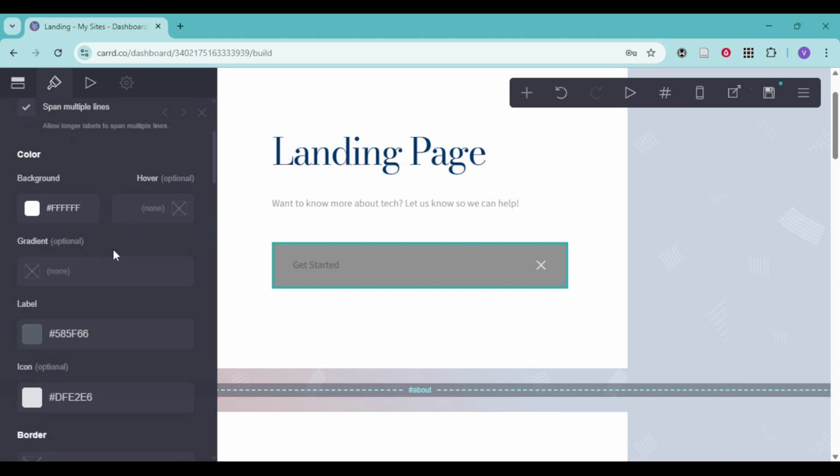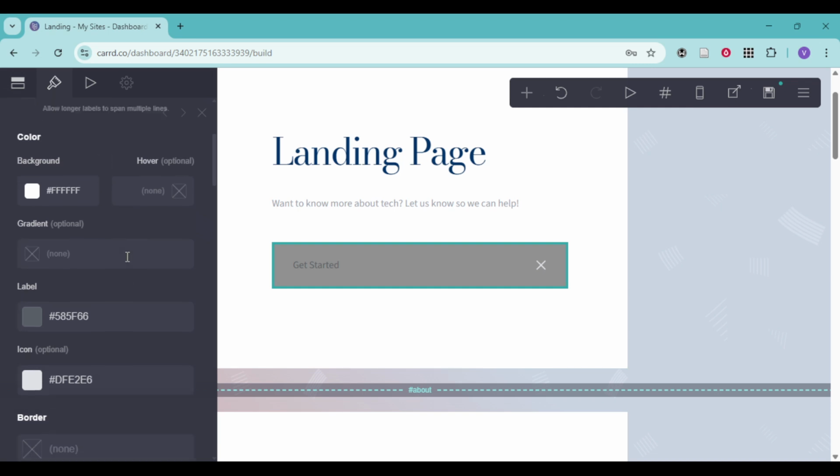If hover options are available, set a gentle change in color or brightness so users get immediate feedback when they point at the button. Keep it consistent across your site by duplicating a styled button and changing only the label